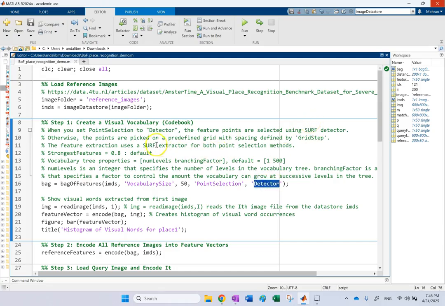Okay? The extraction, the descriptor for them, the feature extraction or descriptor, is always SURF. Regardless of how you pick the points, the descriptor is SURF. And typically, this method picks and keeps only the highest 80% of the strongest features. If you want, you can change that. The default is 0.8. If you want, we can make it 0.5, 0.4, 0.6